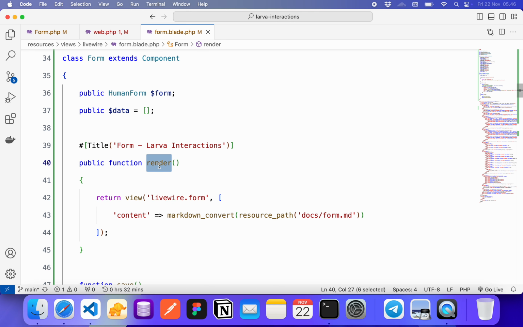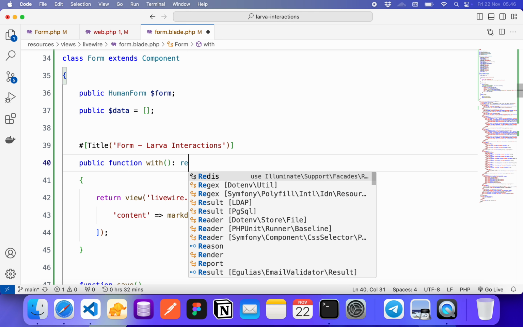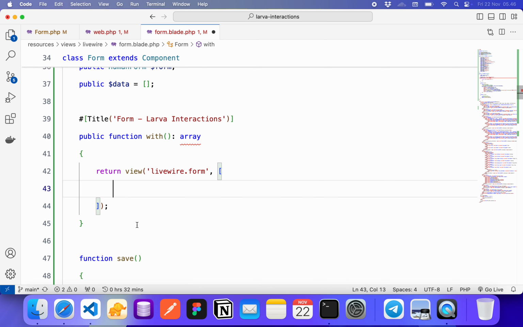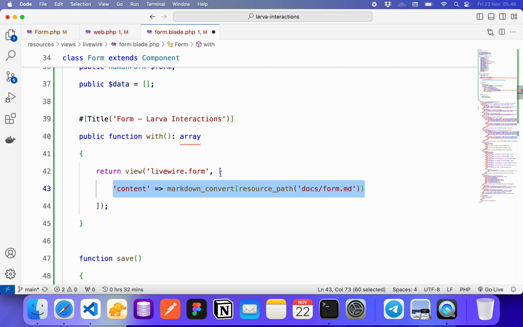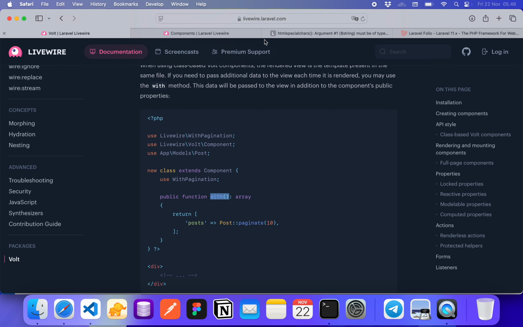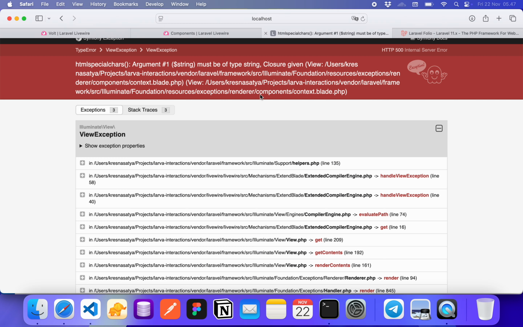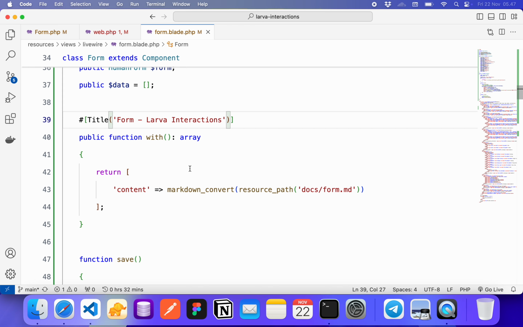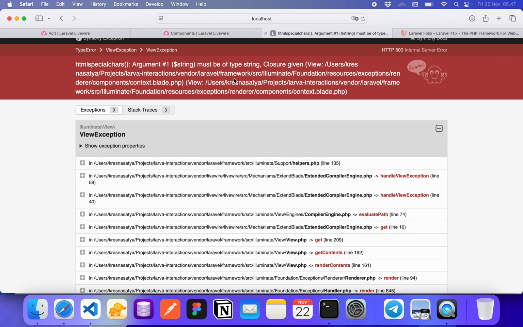this one with data, and then return an array. By the way, PHP itself can be in strict mode if you want to make sure the return type is exactly what you mean. And then I save it, and then I refresh. Okay, it looks like I have a trouble here. No. Okay, what's going on here?